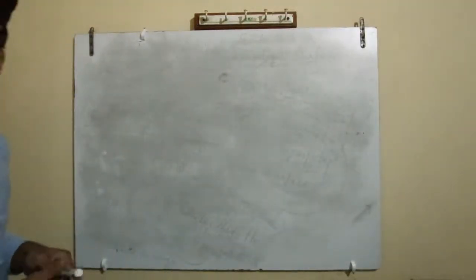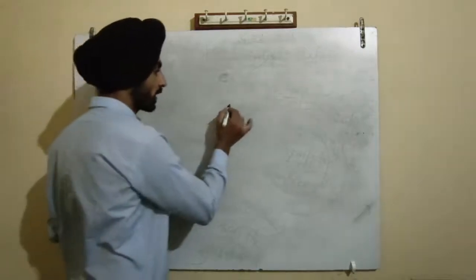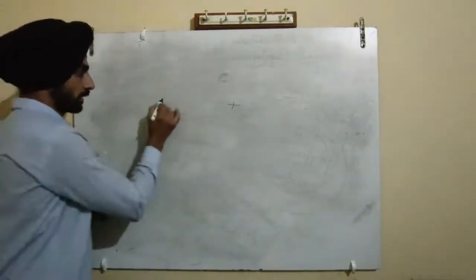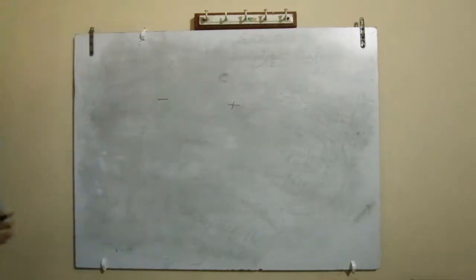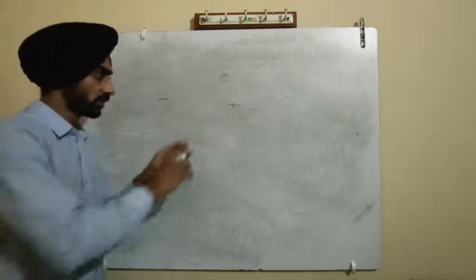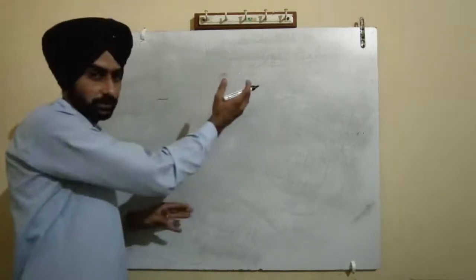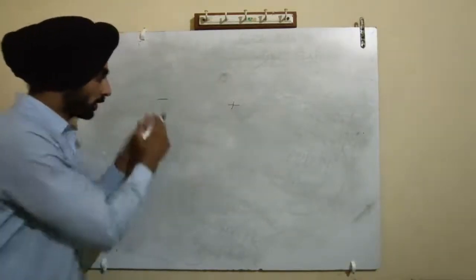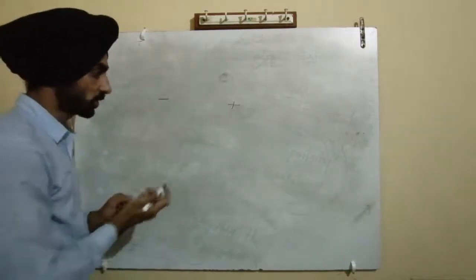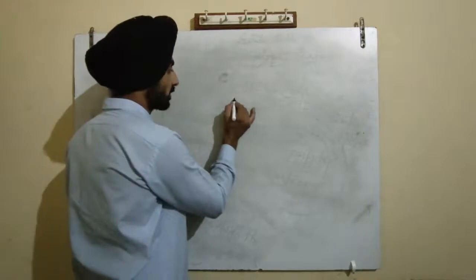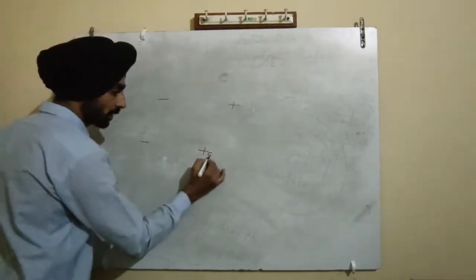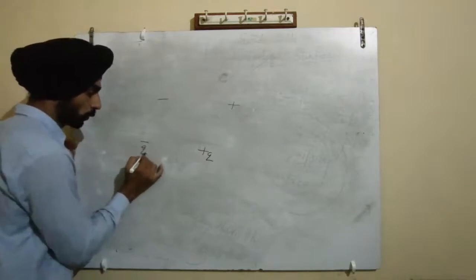So we are moving on to the fifth concept. Suppose we are having a dipole. There is a positive charge and there is a negative charge. Draw the equipotential surface around a positive test charge, and draw the equipotential surface around a negative test charge. You will get it like this, because this is plus q, this is minus q.